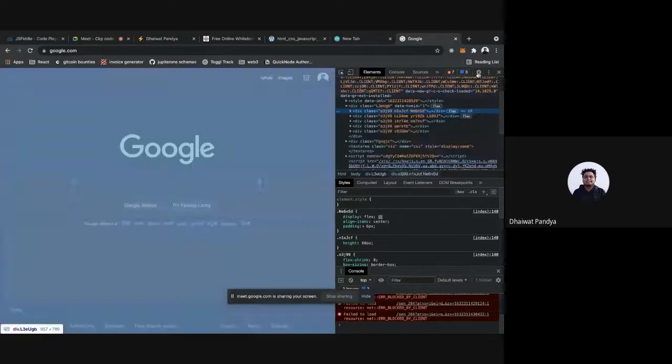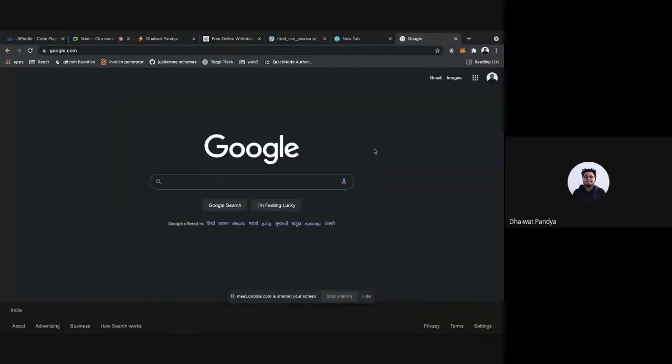Okay. So as you can probably tell, there is way more to a website than just HTML. There is a lot of styling involved. There are a lot of buttons. And obviously, if you search something, Google knows different ways to customize the result for you. It knows that I am signed in. It knows that I want to use the dark mode of the website. So there's a lot of things going on. But let's just focus on the HTML now.